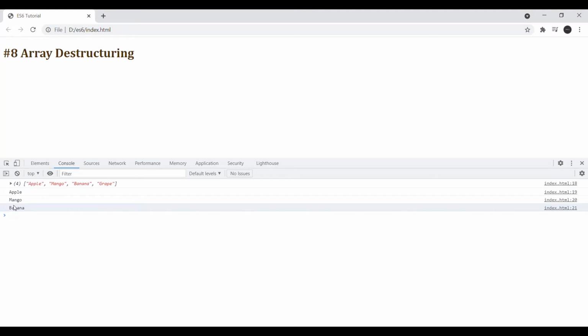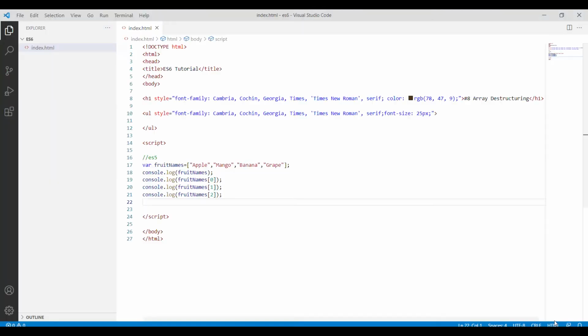Now let's see what is the change in ES6.